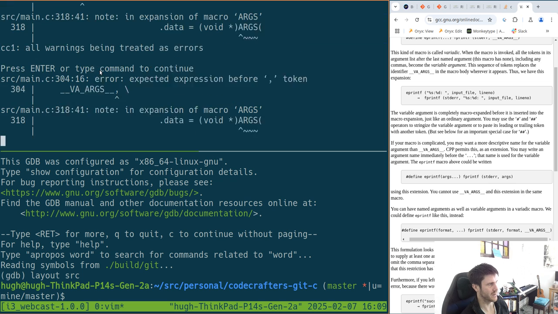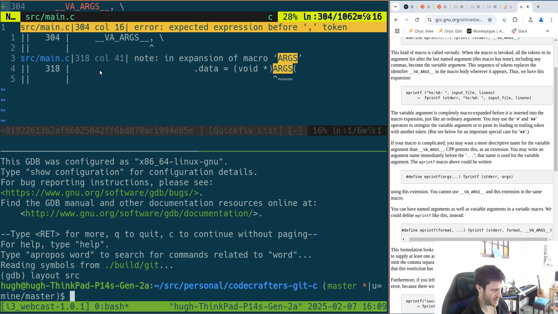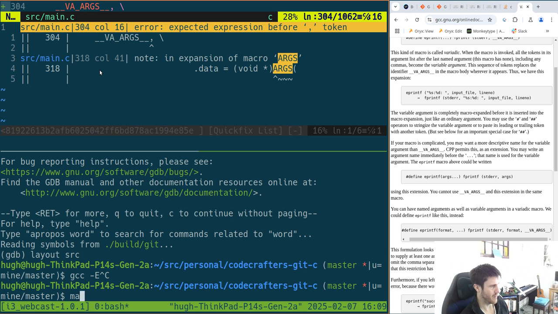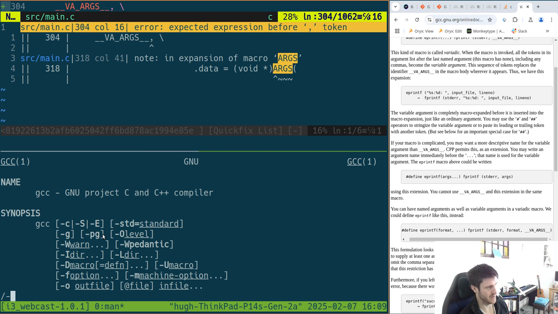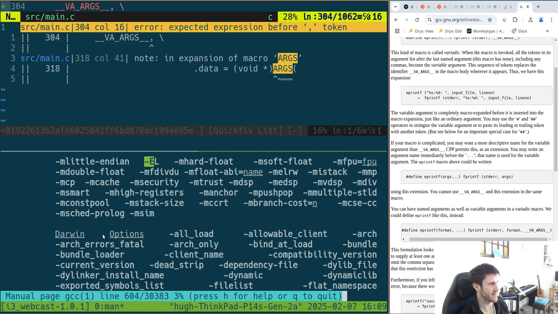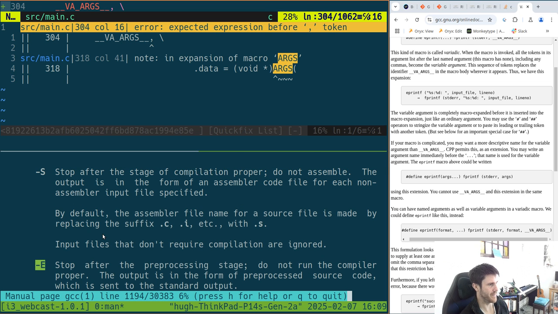Gonna have to see how it's pasting. So I think this is minus B. I think it's minus E. Minus E to do that. Minus, we can do, so we have compile and then we have S and E, and S and E will do different things based on that. That's what I want. So E is